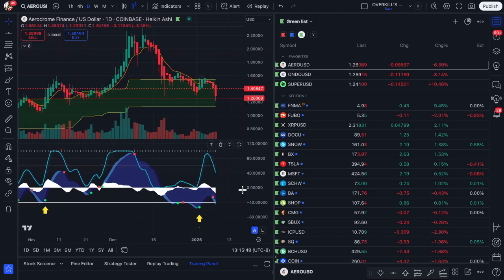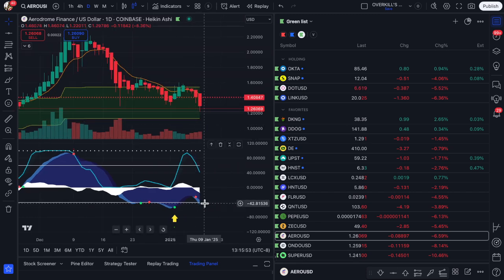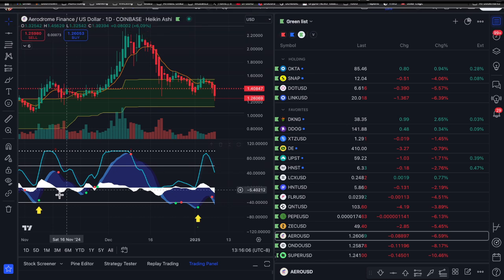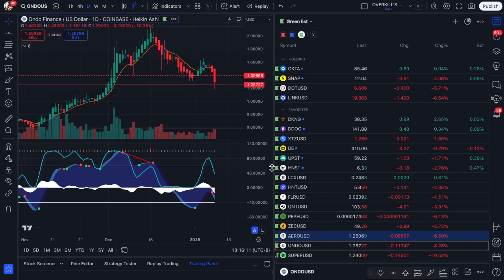Again, these candles, everything is going to move tomorrow. I think we're going to get a big shift. Okay, a big shift on the indicator, meaning we could see this thing move, okay, and get closer to printing its green dot. We get new candles every day at 4 p.m. Pacific time on crypto, and obviously at 6:30 Pacific time, Monday through Friday for stocks. So AERO, things looking pretty